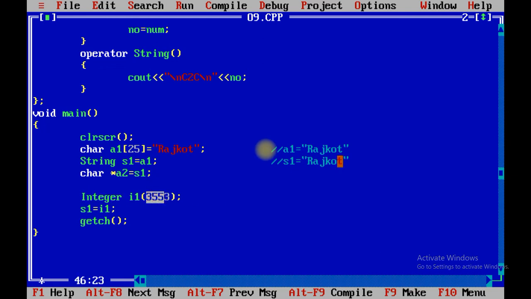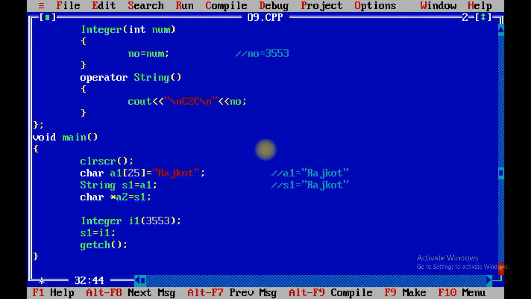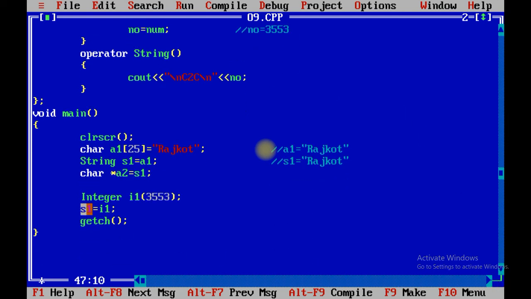Value becomes 3553. So number contains 3553. But now what happens? We have passed S1 equals to I1. S1 is the object of string class and I1 is the object of integer class. So we are going to initialize the value of I1 object to S1 object.